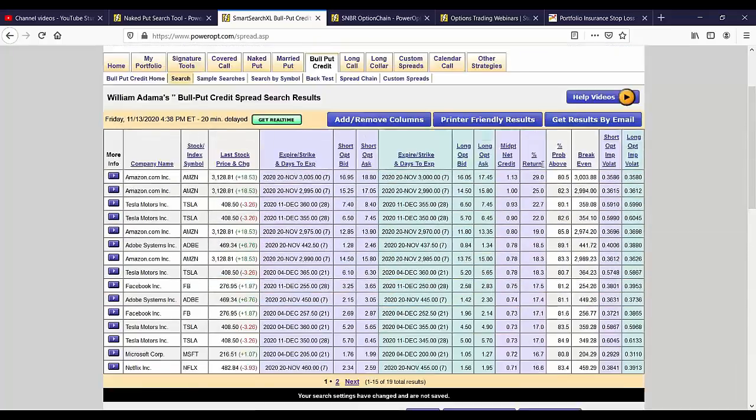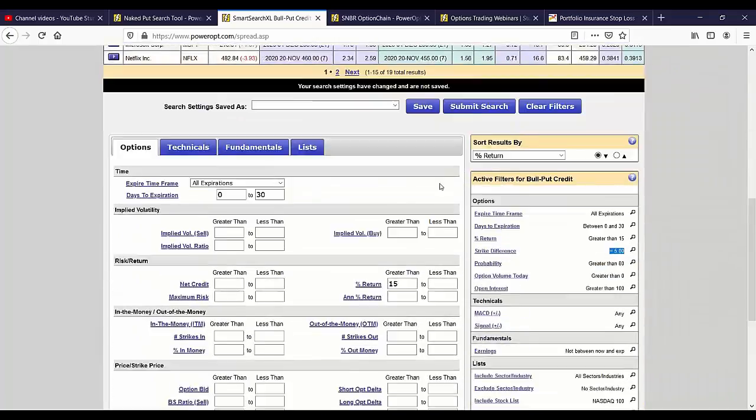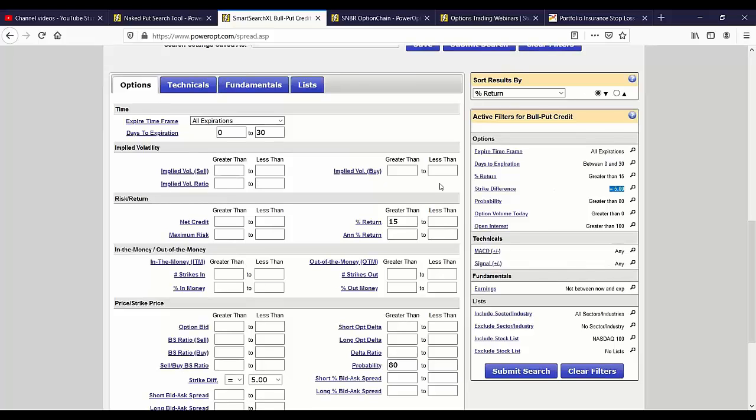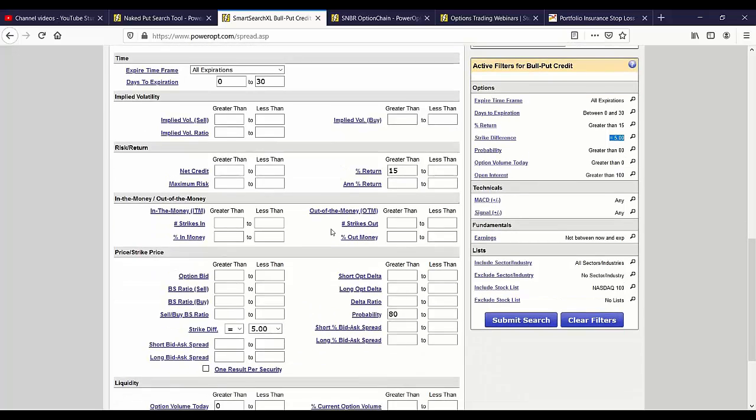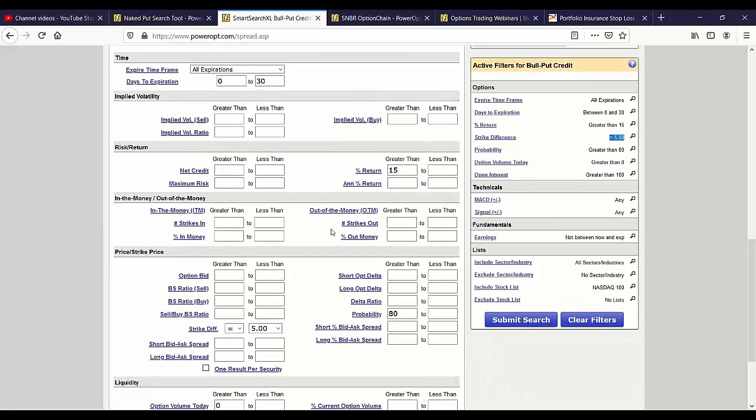So that's as complex, I understand, for anyone who's new that's come into Power Options and you've taken a look at this search tool and thought it was overwhelming. In most cases, when you're looking to start a new strategy and a new trading technique, you have part of a trading plan already. You know that if you're doing covered calls, well, you might be out of the money because you want to hold the stocks long term and keep selling out of the money calls against it